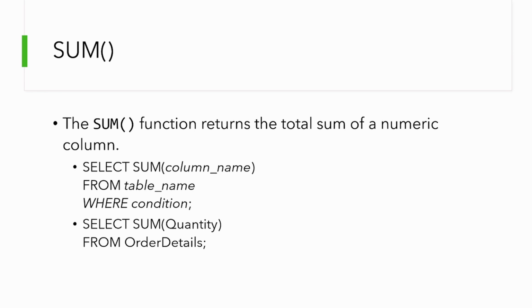Next is sum. Sum, as the word says, returns you the total sum. These are keywords that have similar syntax, just the name of it changes the whole meaning. First was min, then max, then count, then average, then sum. All of these 5 SQL keywords have the same syntax, you can write them the same way, just that the meaning differs as the word says. Min for minimum, max for maximum, AVG for average, count for counting, SUM for the total sum.